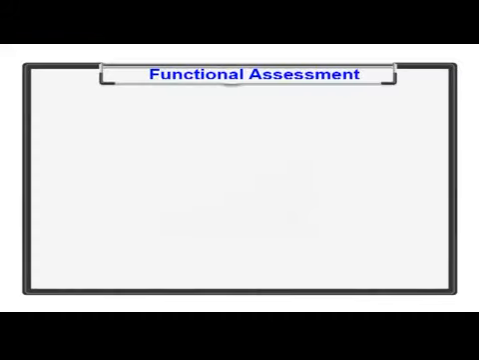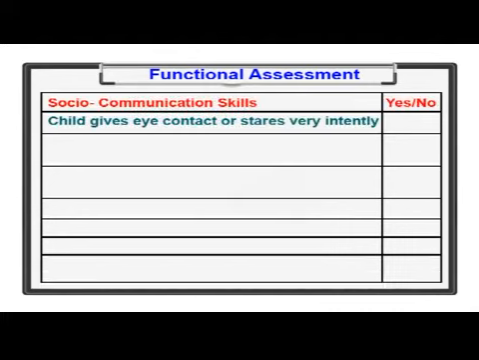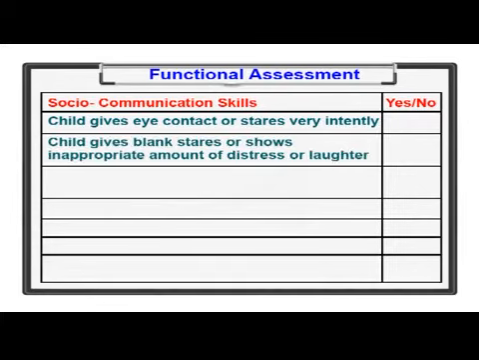The functional assessment is mainly assessing the socio-communication skills. There are 23 areas in which it is assessed by the response of yes or no. Functional assessment checklist for socio-communication skills. We have to see whether the child gives eye contact or stares very intently, gives blank stares or shows inappropriate